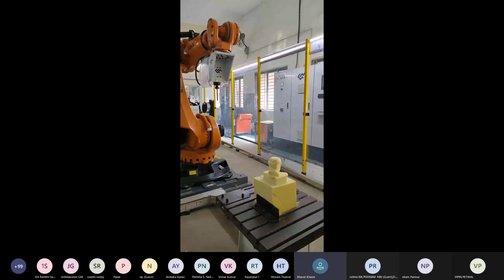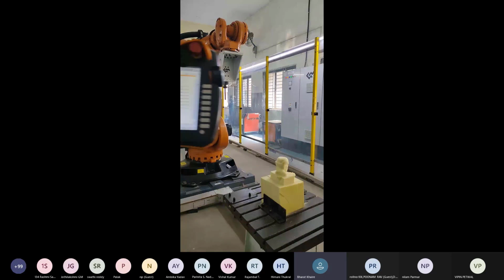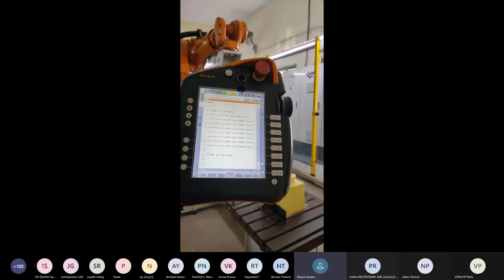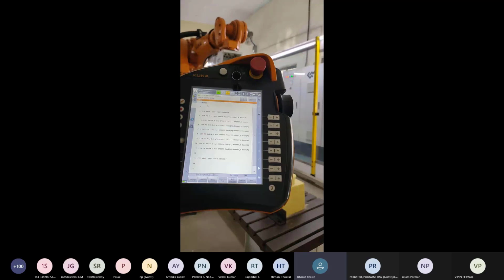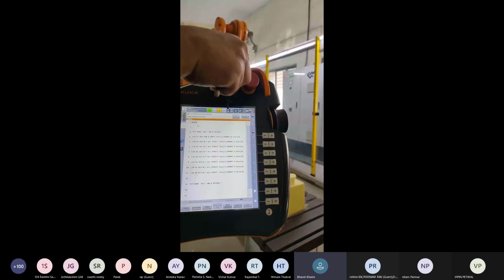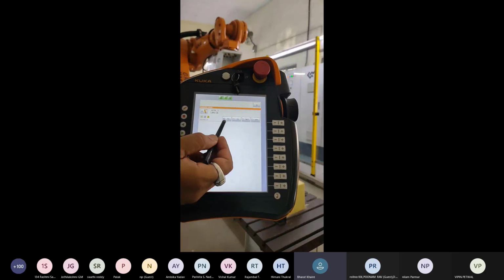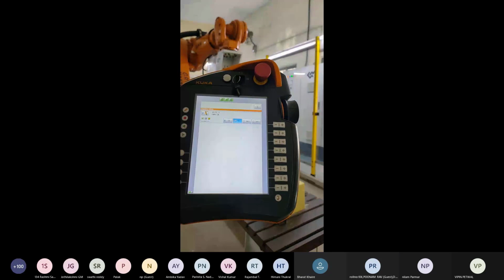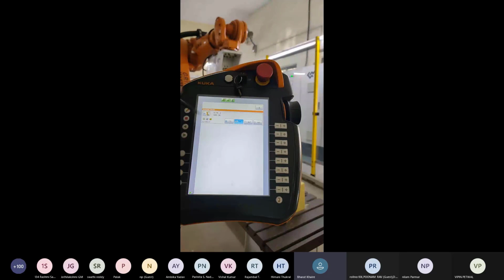Now we are going to make another program, but first we can test the square program we recently made. Now we are testing this square program in T2 mode. T2 mode is a testing mode. In testing mode we can see the program at full speed, and the full speed is 2 meters per second. So we are going to change the mode. This is T1 manual mode, and we are converting the mode to T2. It is a testing mode with the full speed.